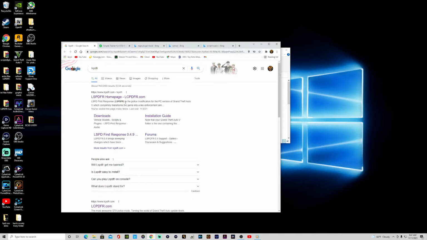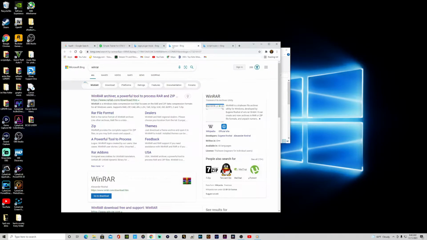The first thing I want you guys to do, if you don't already have anything to unpack your files, because these files need to be unpacked in order for you to be able to use them, is go into your search bar and type in WinRAR. Win, just as you would win a game, and then RAR, R-A-R. So from there, guys,